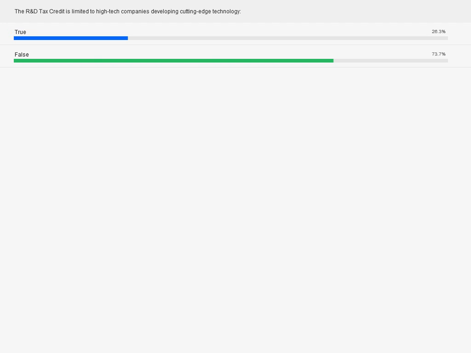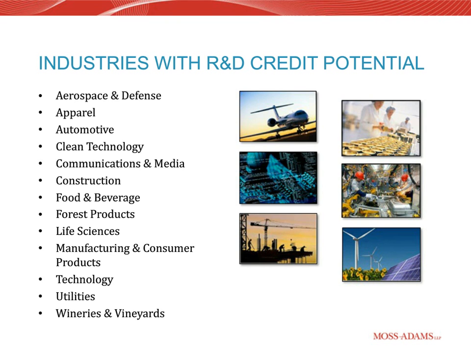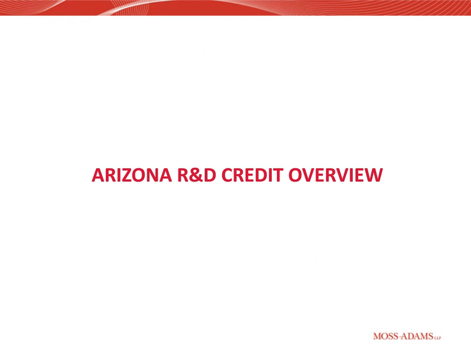Great. Thanks, guys. So we'll go ahead now and move into specifically the Arizona R&D credit. Great. So as I think has been alluded to, and probably in the title of the presentation, Arizona has a very generous R&D tax credit. It's the highest state R&D credit in the nation. It's higher than the federal side. If you're doing $2.5 million of qualified research expenditures or less, it's at 24%. It does track, as Peter mentioned earlier, how you calculate the federal credit, with some differences. It's a 24% credit versus 20% for federal.